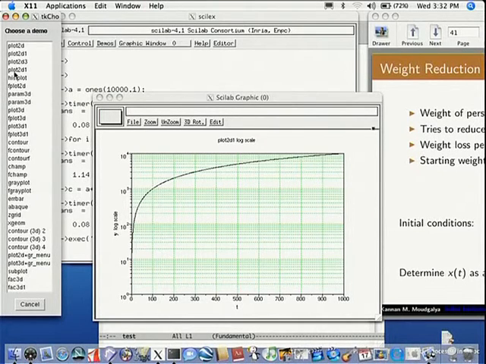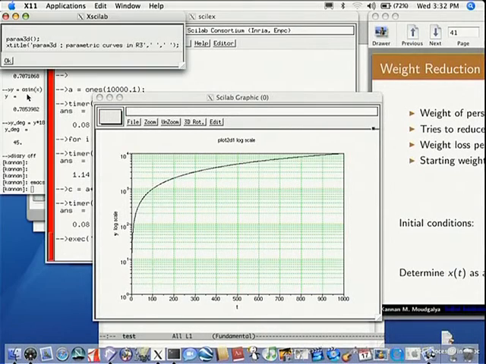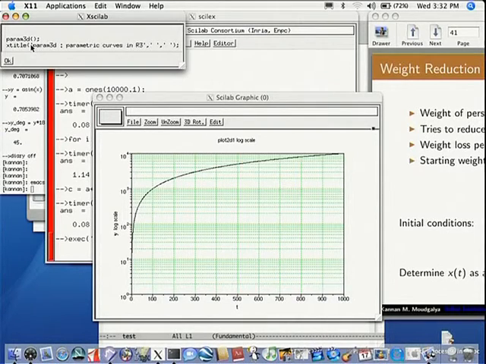Let me do this parametric plot. param 3D. The command for this, here of course in the demo, they say param 3D, no argument. No argument means they actually have a default. Whenever you give the command nothing, it's going to execute some demo file, demo command. We'll see what that is.